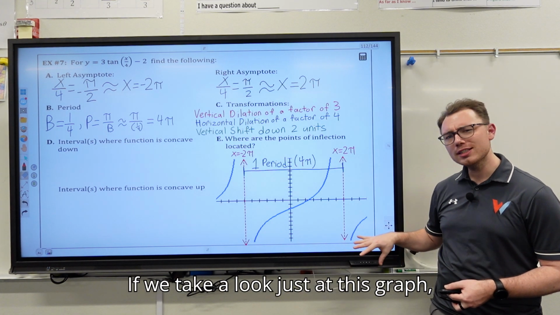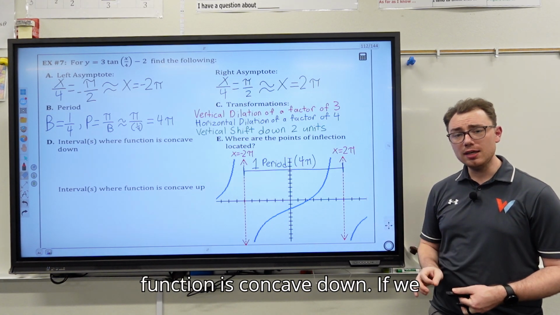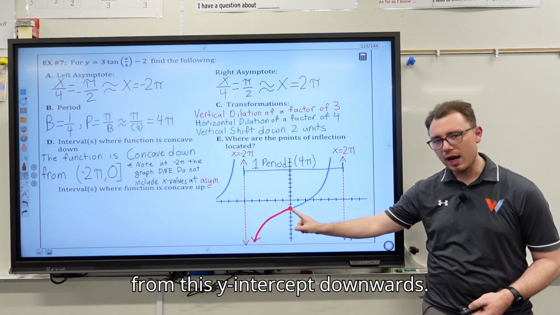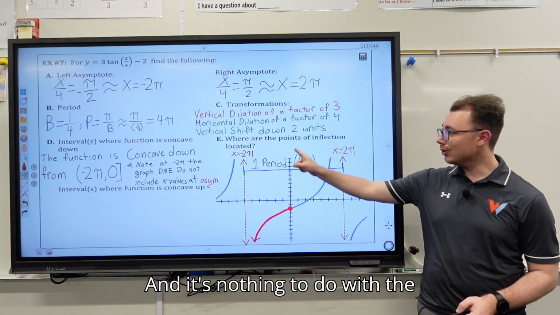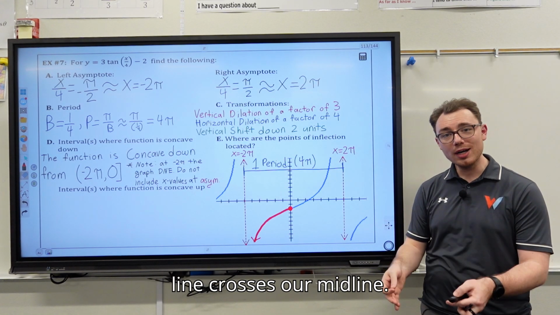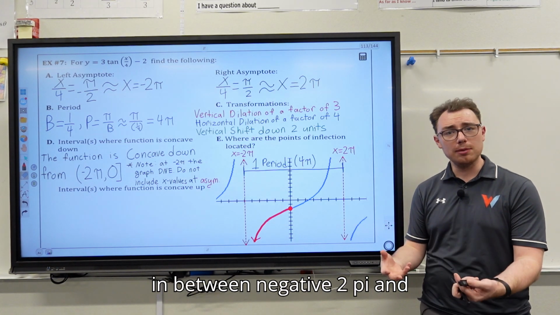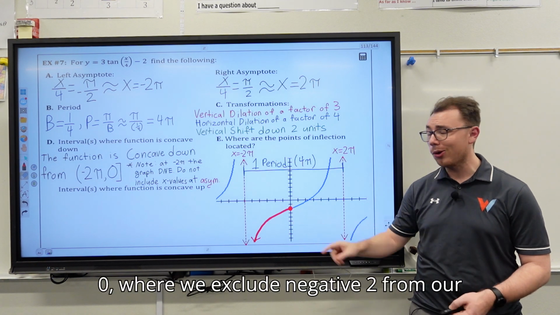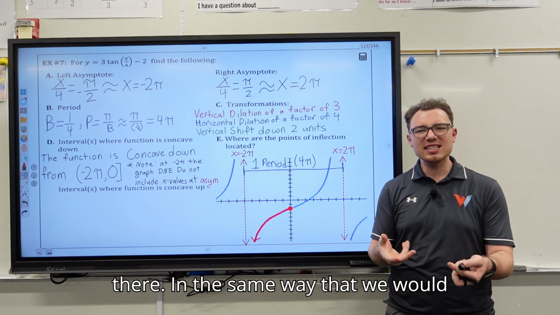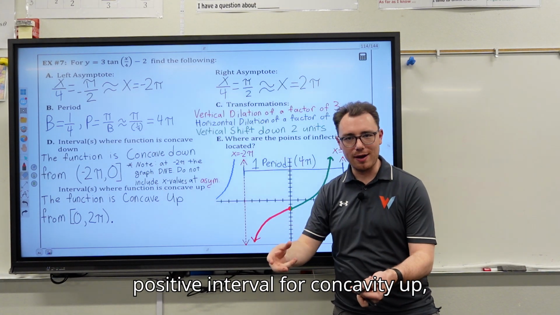If we take a look just at this graph though, we want to try and state in part D the intervals where the function is concave down. If we look right down here, it's concave down from this y-intercept downwards. And it's nothing to do with the y-intercept, rather this happens to be the point where our tangent line crosses our midline. And the interval where our tangent function is concave down is going to be in between negative 2 pi and 0, where we exclude negative 2 pi from our interval because there's a discontinuity there. In the same way that we would exclude positive 2 pi in this positive interval for concavity up